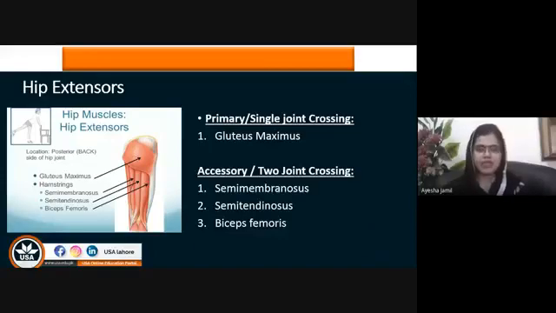So it means that with the presence of this two joint crossing muscle, whenever there is tightness in this muscle, the poor mechanics of this muscle can cause impairment in the hip as well as in the knee. And as the hip or the pelvis is associated with the lumbar spine, the impairment or abnormal movement can be seen in the pelvis as well. So let me